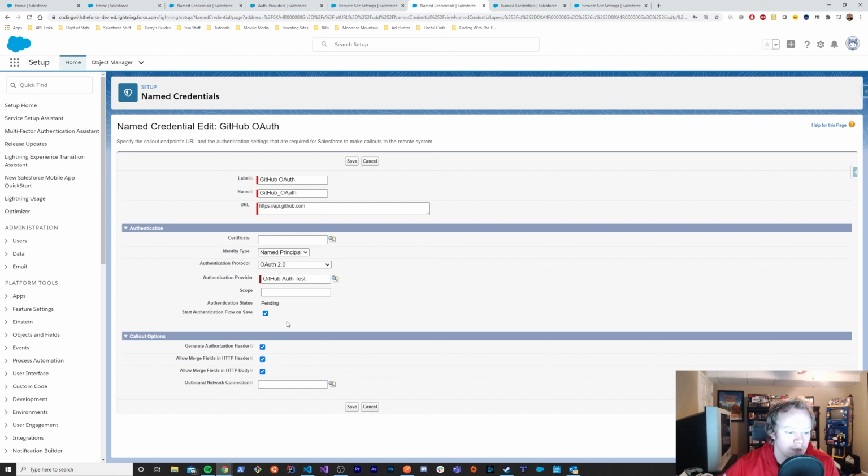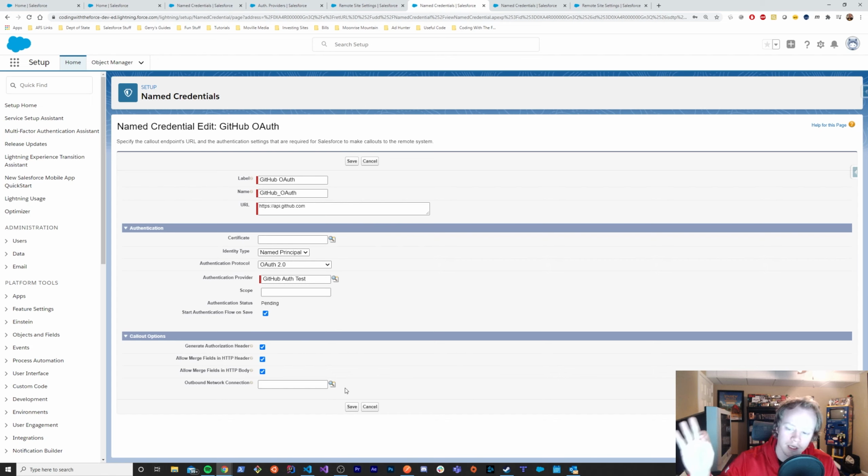It's not checked by default, but basically what this is going to do is bring you back an OAuth token, and it's going to store that for you so that you have access to it. So as soon as you save this, it's going to just straight up do it. The first time you do it, it's going to take you to your OAuth authentication page,